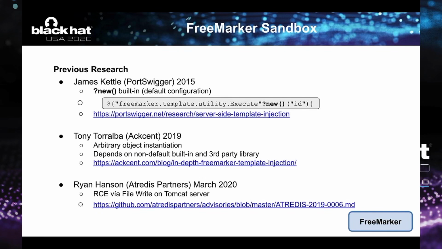It's probably the most popular one, also the one that got more attention from the security community, starting by James Kettle, who presented back in 2015 this presentation about server-side template injection, actually introducing the whole category type. And he found a way of bypassing the sandbox by using an add-on that was part of the default configuration at that time. So Tony Torralba found a different bypass, being able to instantiate arbitrary objects, but this bypass is not universal in the sense that it depends on one of these add-ons that is not part of the default configuration,